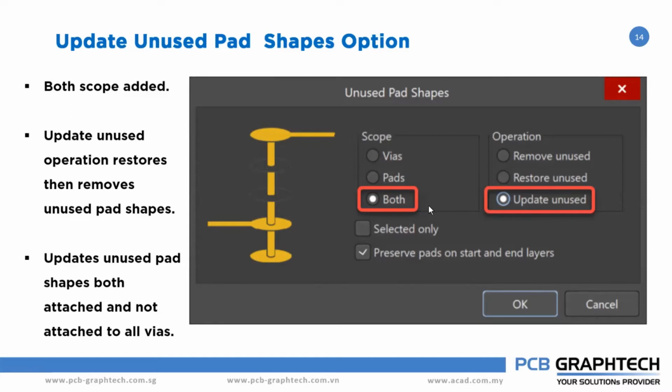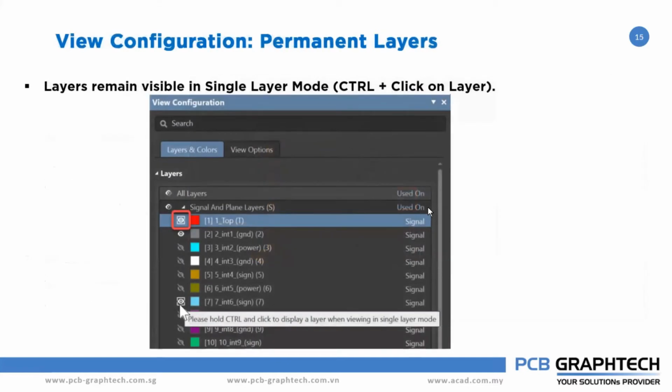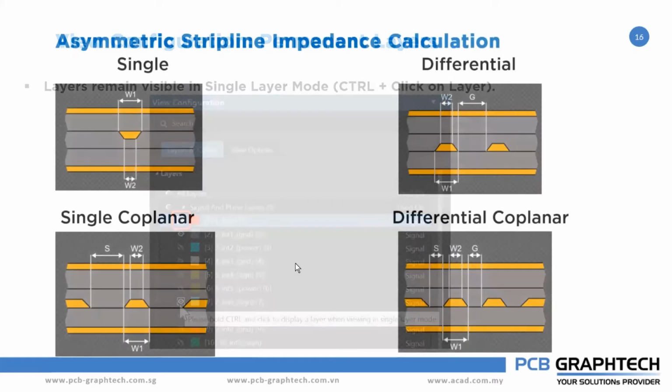Okay, so next feature we are going to see is about your permanent layers. In the permanent layers, usually we use the single mode to see a single layer at a time. In single layer mode, we can see top layer or bottom layer. But now this permanent layer will allow you to add another layer by holding the control key, which will be permanently added with that particular layer to see in the single layer mode. That layer you're adding is also called a reference layer. Okay, so you can do this.